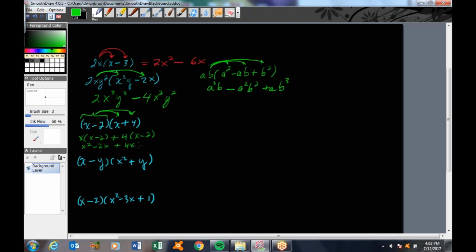Okay, and 4x minus 8. And then if you have any like terms, we put them together. We notice we do have a couple that match, and we can write them like this. Okay, now